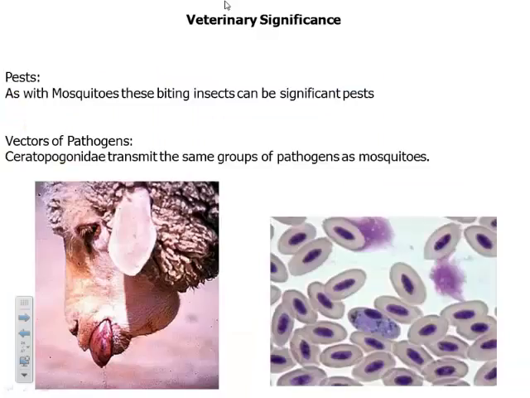So why do we care about them? First reason we care about ceratopogonids for medical and veterinary entomology is they're pests. If you ever go to a place that has a big biting midge population, you know that it's a pest. They can drive away business. They're very painful feeders because of the mouth parts of the ceratopogonid,